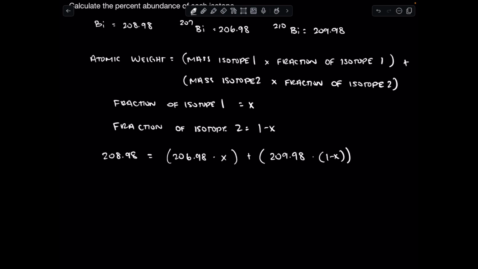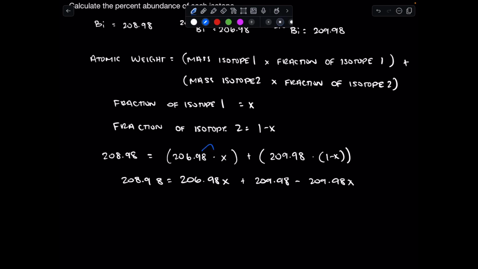All right, now we'll do some algebra, put everything into order. So 208.98 is equal to 206.98x plus 209.98 minus 209.98x. In this case, we're just using our algebra: we multiply 209.98 by each of the two pieces in the parentheses. All right, now we can rearrange and add things together. We have two terms with x, two terms without x. So let's rearrange this equation, and this comes out to -1 is equal to